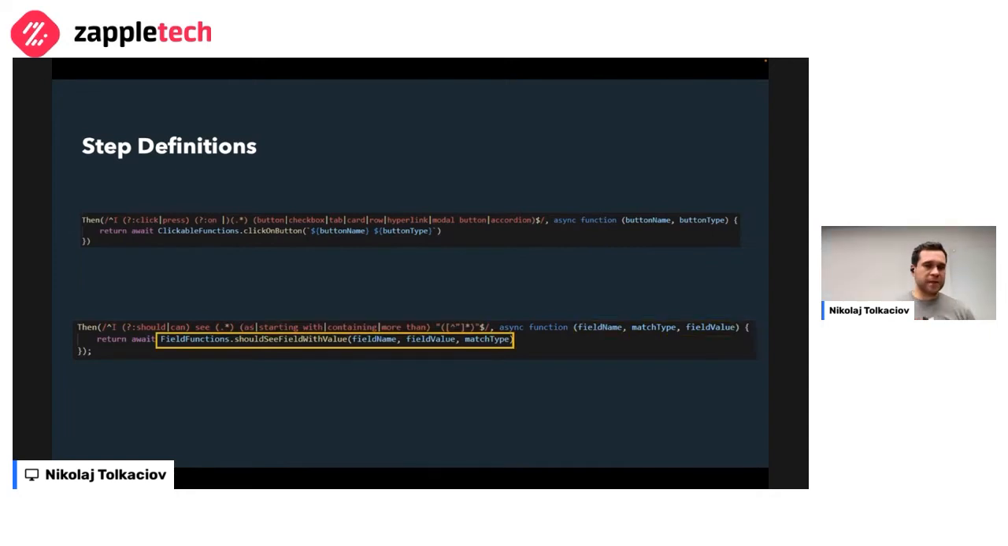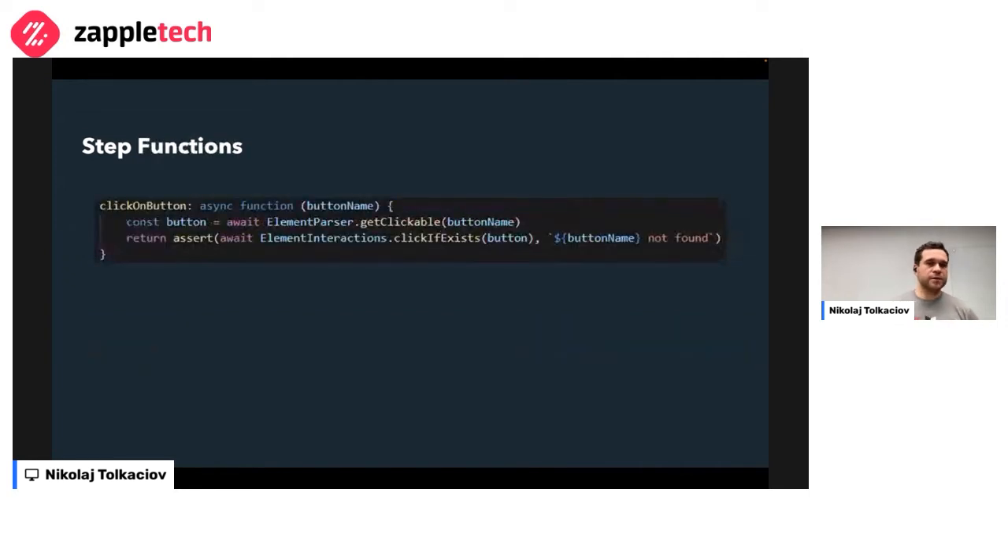So we take those variables and we then pass it to another function. Again, nothing much logical happening in this implementation for step definitions. For functions, it's a similar case, still not overly complicated. In this case, we get the button name. So it might be a login button, and we pass this as a variable to the element